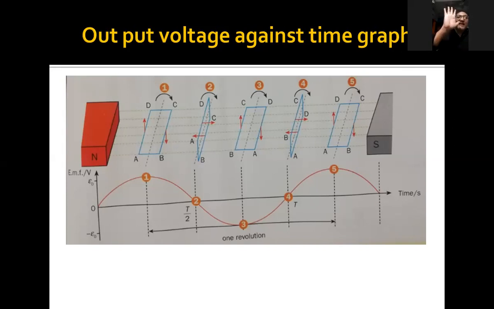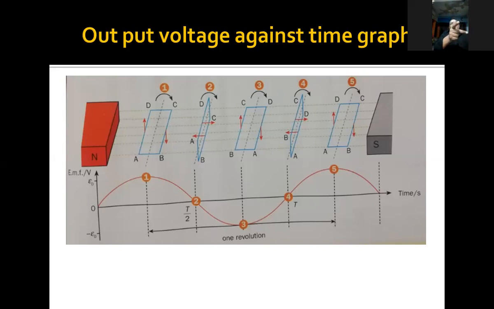This is my right hand. I'm going to apply Fleming's right hand rule to find the direction of the current which will be induced in the AD. So I have stretched my fingers. The thumb is the force, the direction in which the conductor is moving. The AD is going upward,